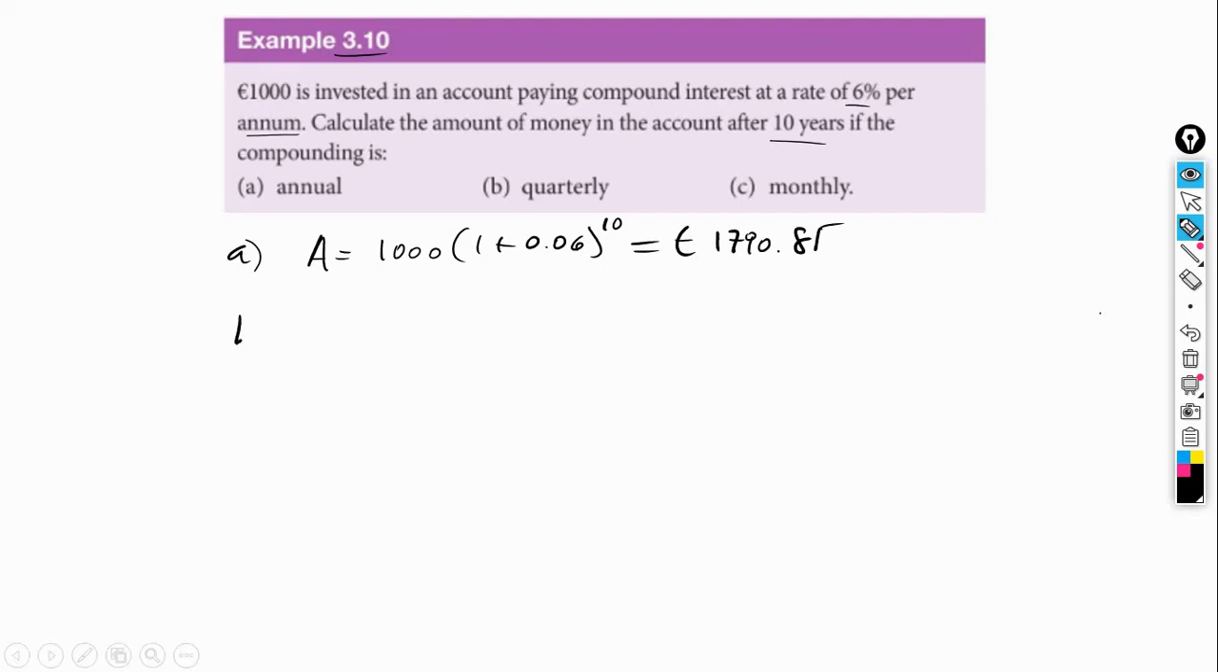For B, it's quarterly, so it would be the same formula, but we would have to divide by n and also multiply the 10 by n. So this would be 1,000 times 1 plus 0.06 divided by 4. That means 4 times a year. And this to the power of 40, right? So this is going to equal, in euros, let's see,